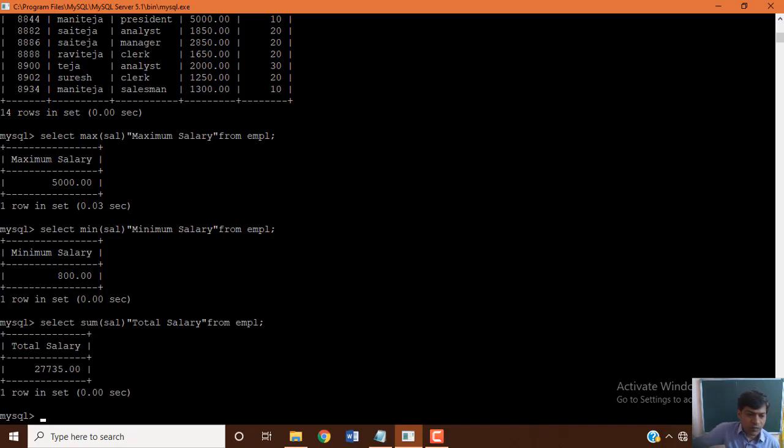Okay, these all four aggregate functions, avg, max, min and sum, these all four functions work related to numeric data values. Whereas count can be used on either numeric data or string data also, only to count the total number of values in that particular field or attribute or column. That is the purpose for which we use count.